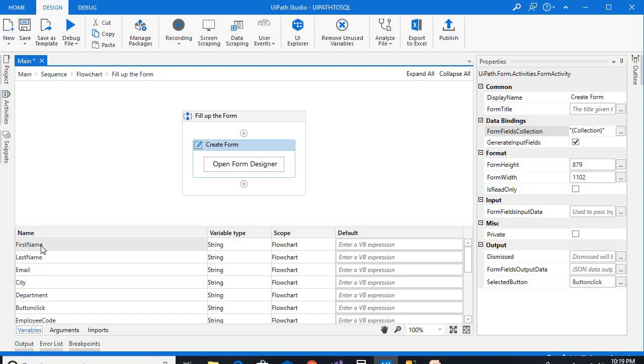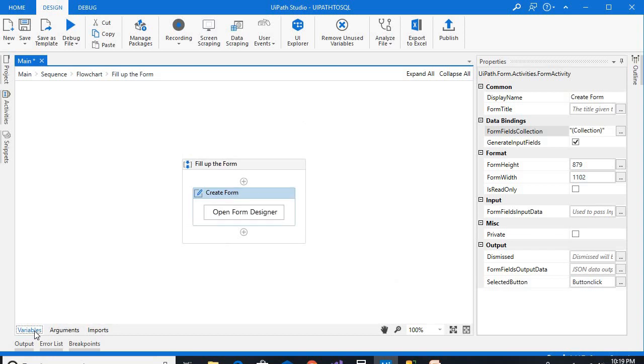I have declared first name as a string, last name, email, city, department, employee code. All these fields need to be declared in this variable section and passed as a collection.